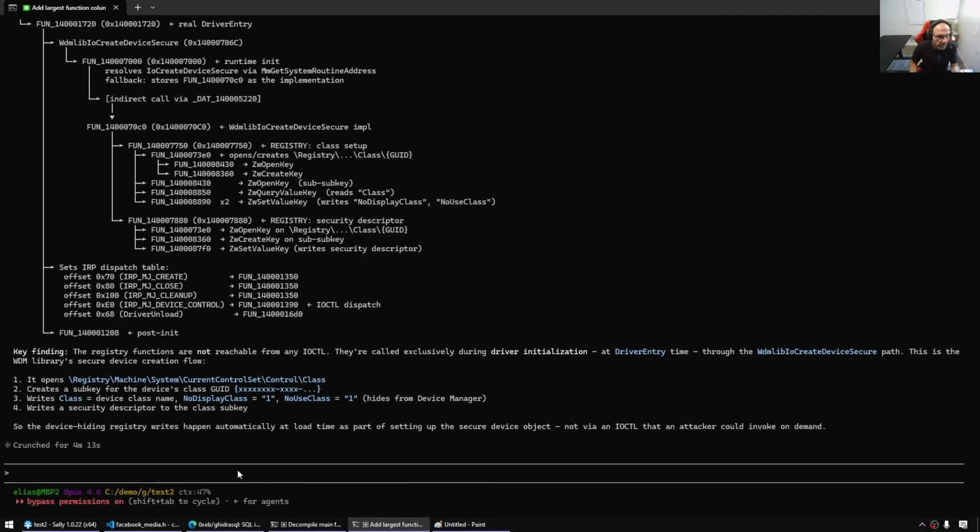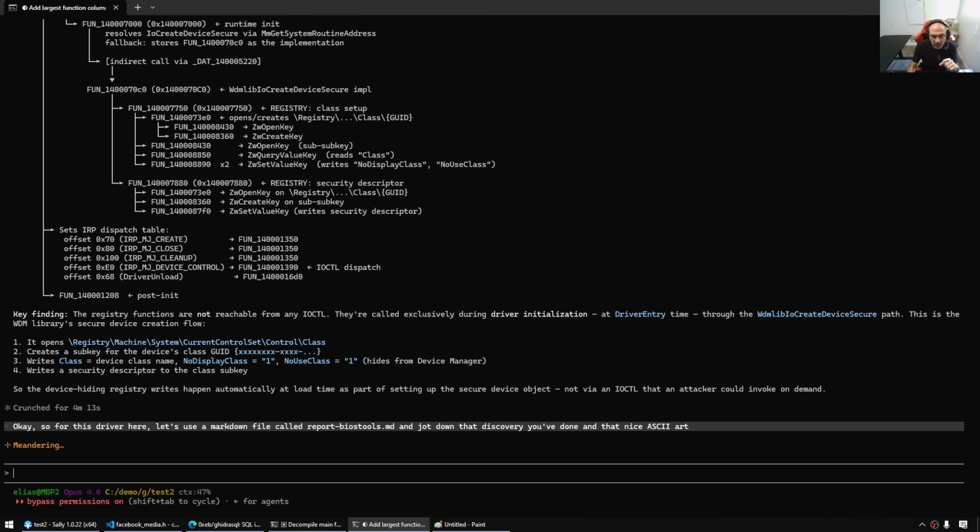Okay, so for this driver here, let's use a markdown file called reports-bios-tools.md, for example, and jot down that discovery you've done and that nice ASCII art. Let's see how the transcriber does here. Well, I spoke correctly. English is not my first language, so transcribers have difficulty understanding what I say,